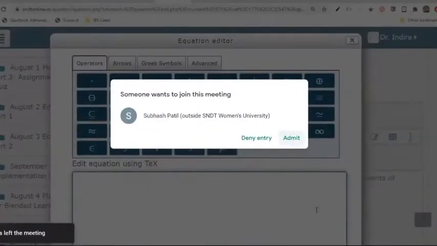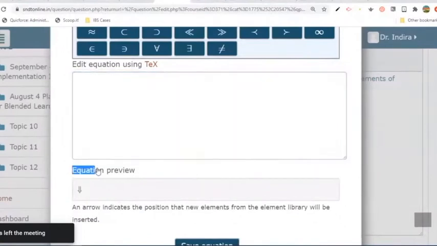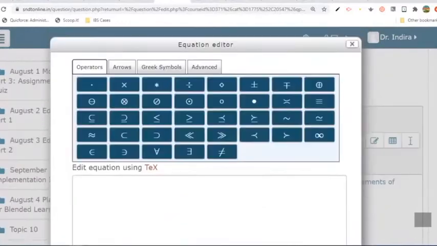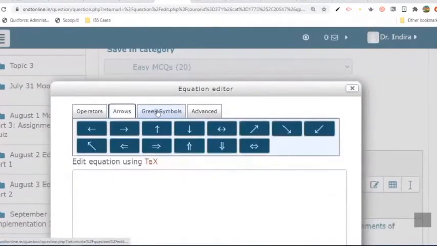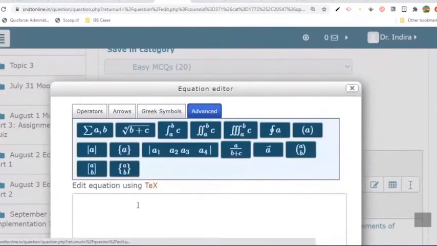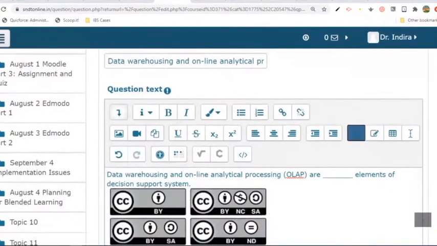Automatically we will get the preview here. Here we have the preview option. You'll get this. I'm not good at all of these, so I'm crossing this, but from here also you have Greek symbols and advanced symbols. Explore all of this, and again you have this text link, the hyperlink, which will take us to that help link if you would like. So we are done with how to edit a question.